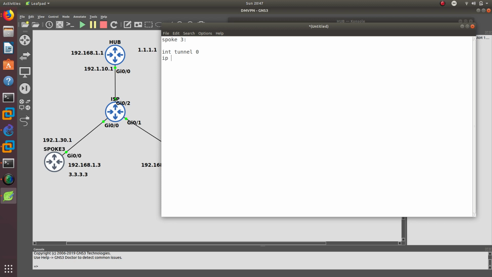The IP address of it is going to be 192.168.1.3/24 because it is spoke 3. Okay, that's how I have it in my mind. And we have to do an IP NHRP authentication. Need to make sure I spell everything right because I'm going to copy and paste. Authentication is Cisco, then IP NHRP map, and I want to map